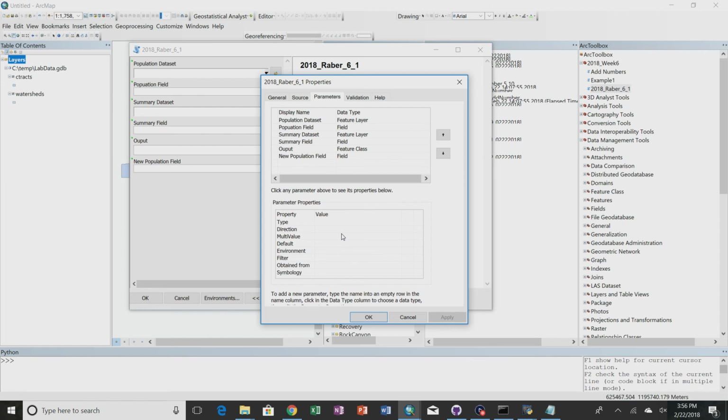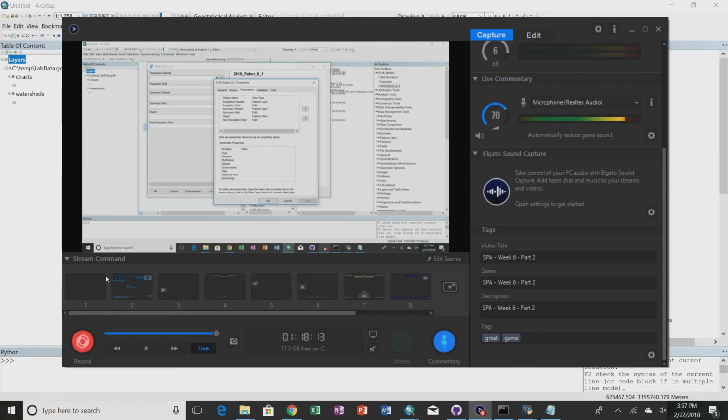Okay, so that's what you need to do. Just get it working, and it should work. All right, I'm going to stop this because I'm getting low on disk